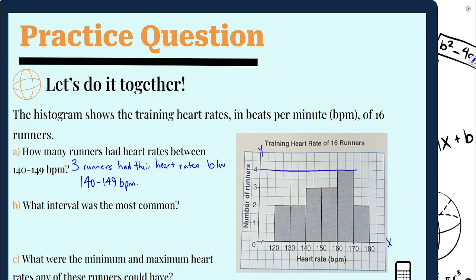So 4 runners, that was our most. So that's the most common. Then we want to find out, well, what's the interval? So we're looking at what that bar represents, and it has the heart rate between 160 to 169 beats per minute. So we can say